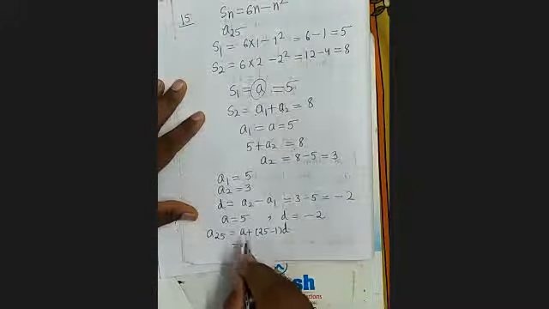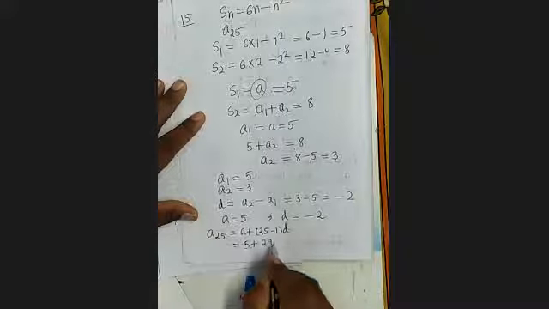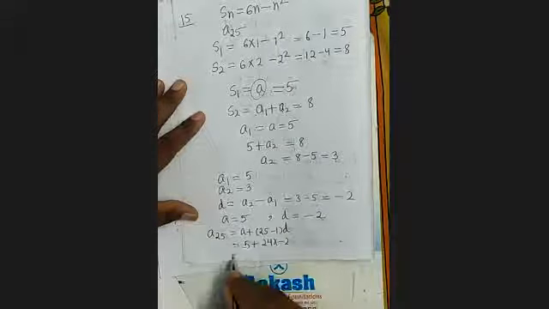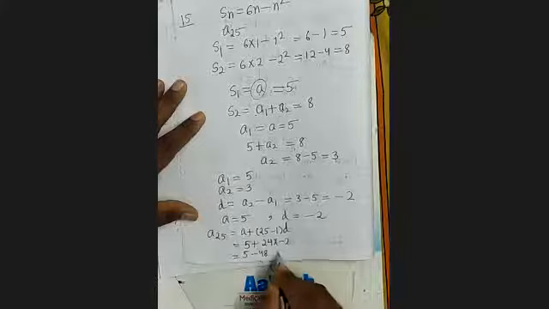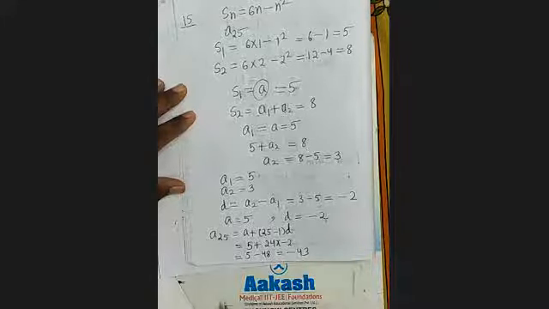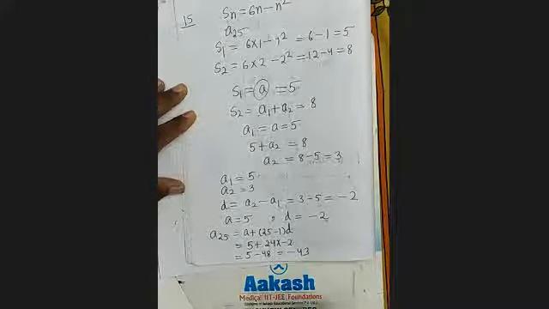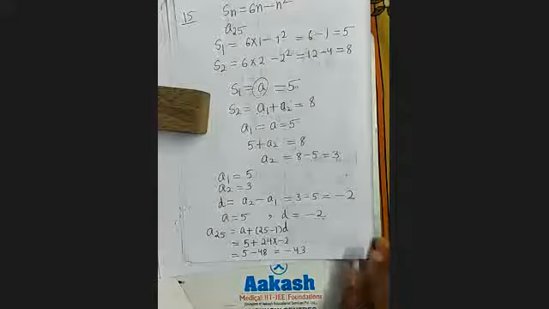A is how much? 5. 25 minus 1, 24. D is minus 2. So it is 5 minus 48. It is minus 43. समझ में आ गया? Yes, sir. So